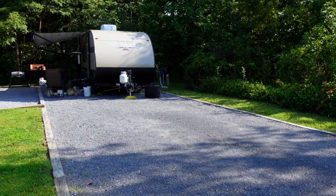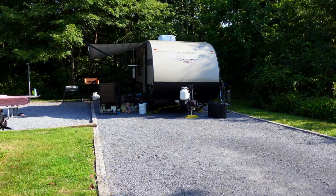This is probably one of the nicest state park campsites we've ever stayed at. Now, there's no epic view. There's no running water right next to the site. But as far as a maintenance perspective, this takes the cake. I mean, it's got a big gravel driveway, a big gravel area here where the picnic table and the fire